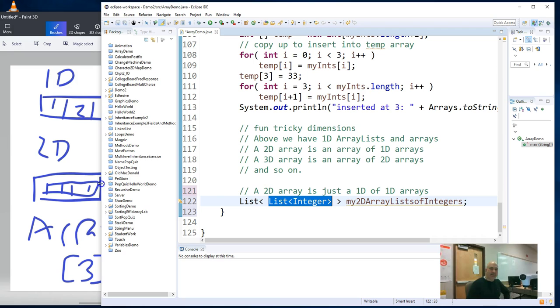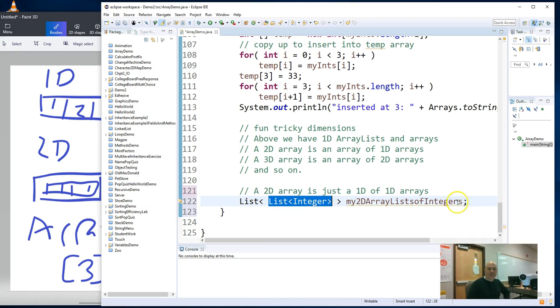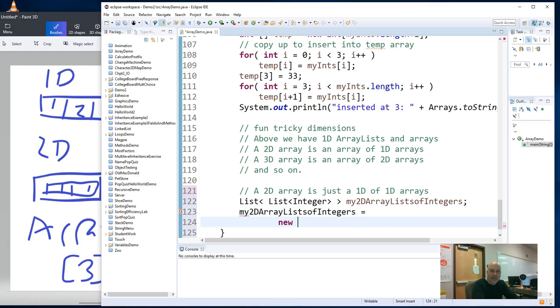When we create these things, a list of lists of integers. Now, when we create a reference variable, its default value is null. We have to make it new. So I can say my 2D array lists of integers equals a new array list of